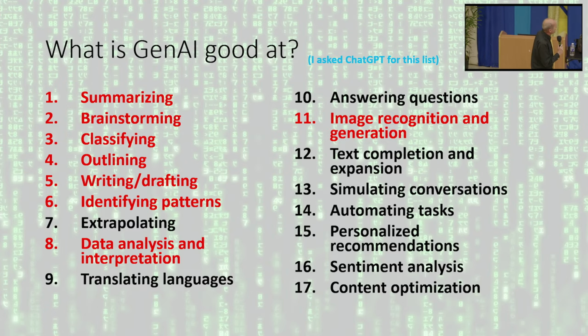Because 1 through 6 are similar to the ones we talked about previously, that AI is good at stuff that is fairly safe. I want it to outline things or brainstorm things for me. That's all safe. Writing and drafting is in that list. It's not my favorite from AI, especially because it looks like it's taking the place of the human.